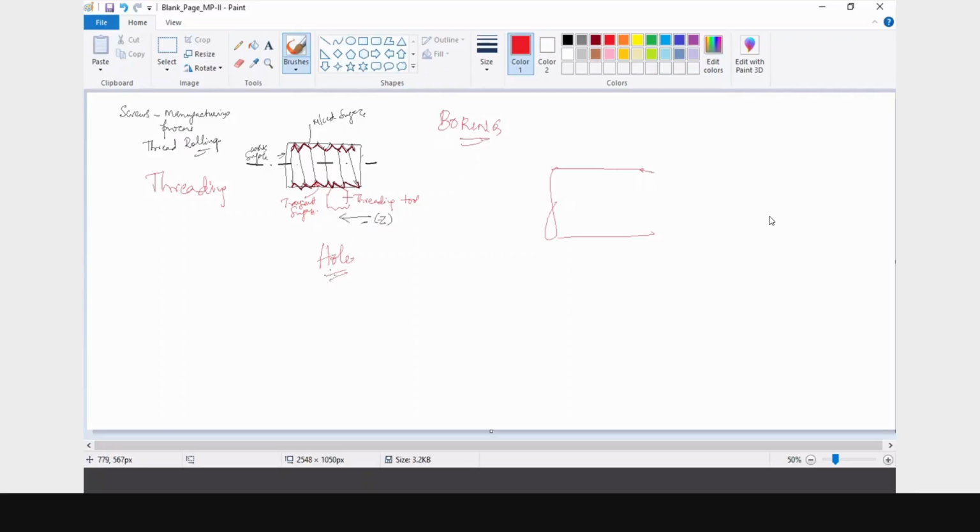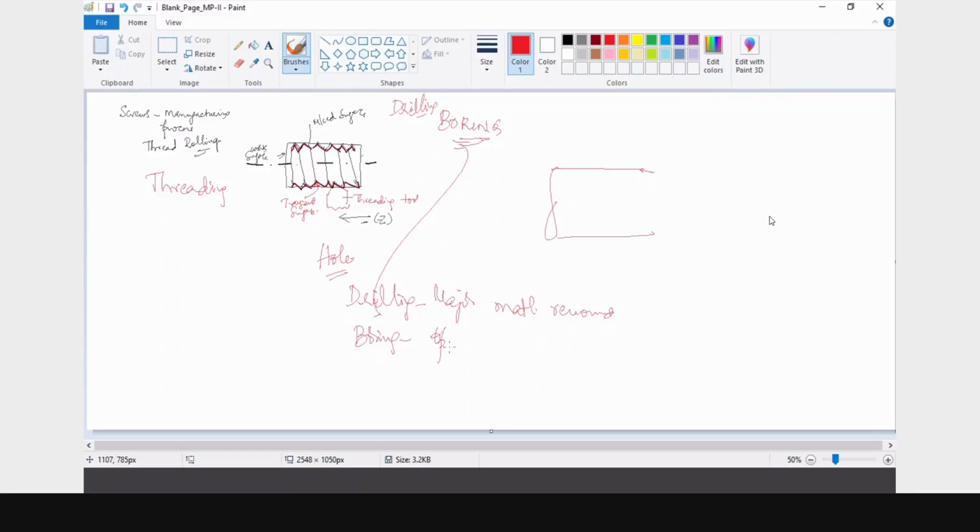Initially boring is not done directly. This boring operation is done only after drilling. So first, if I want to make a hole, they try to drill a hole. In drilling, the major material is removed. And whatever is the small amount of material is there, they will use this boring operation.